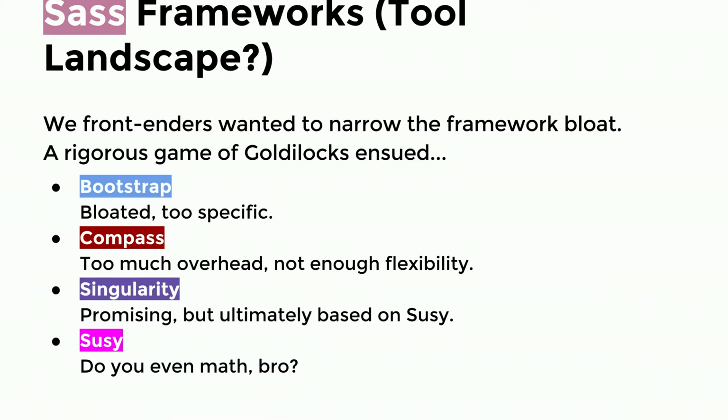when looking at preprocessors, you're often dealing with these libraries. Compass being a Sass compiler with a library of built-in mixins. Bootstrap, we had a few Bootstrap developers, and it's fine. It's bloated as hell, right? It just has way too much stuff in it, and they want that because it's for rapid prototyping. It's not for websites.